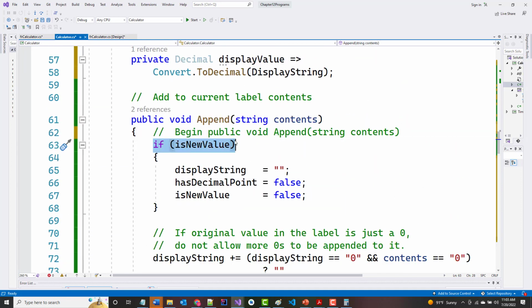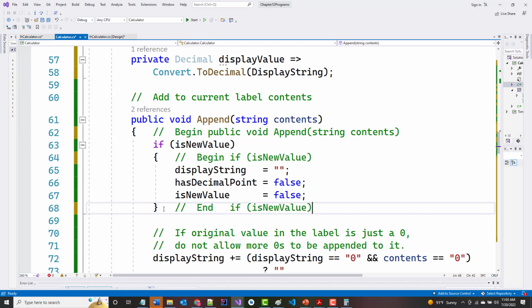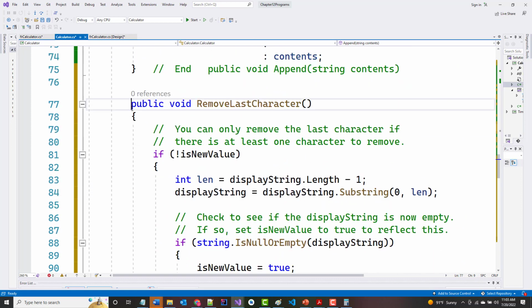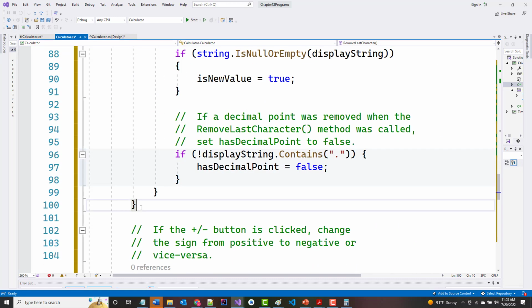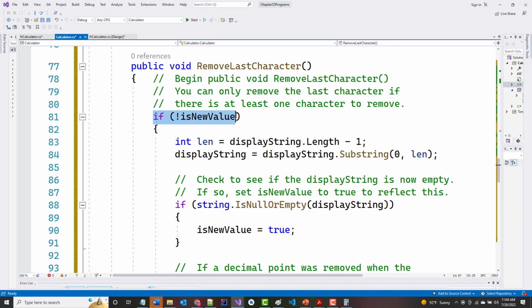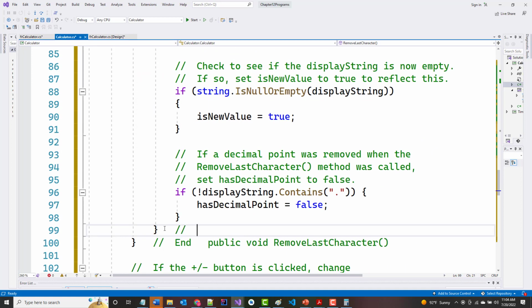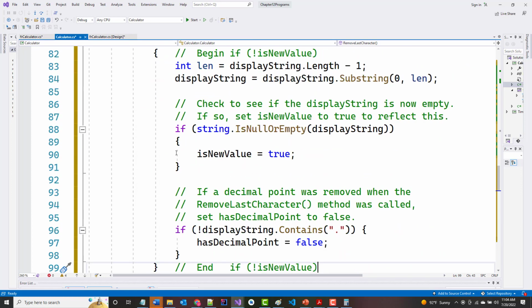Here I'm going to begin this if. Here I'm going to end that if. Here I'm going to begin that remove last character. Here I'm going to end remove last character. Here is the beginning of my if. Again, many people think that what I'm doing right here is overkill, but it works for me. Okay, so